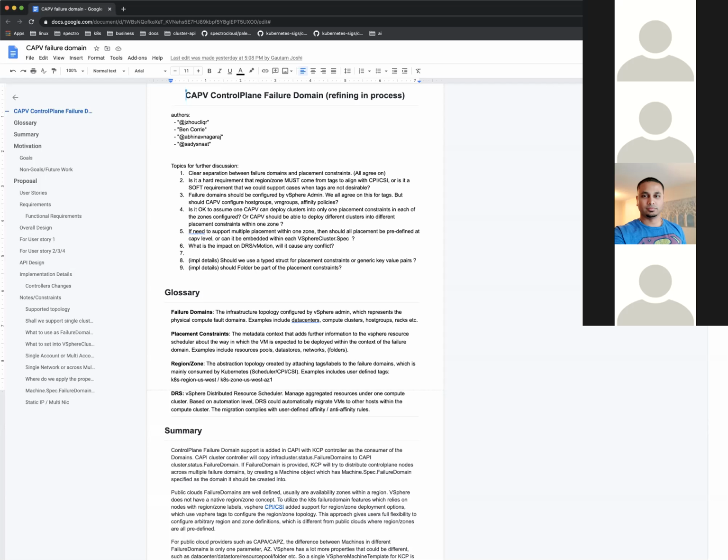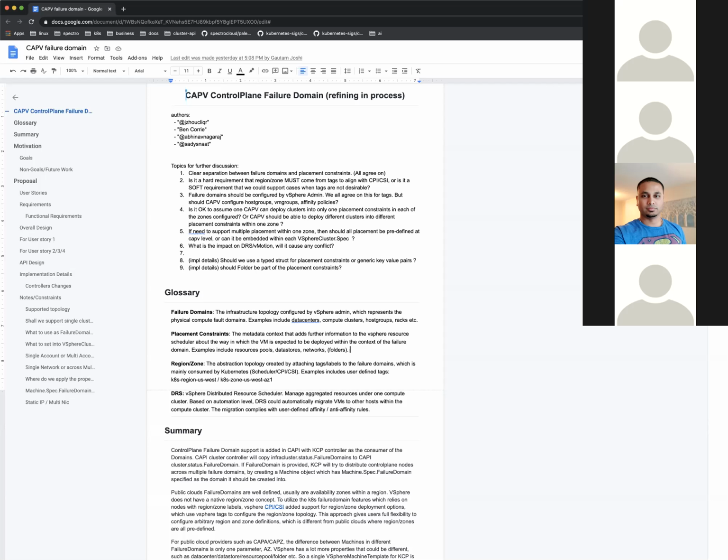So what we plan to do is have a VM group which is tied to a host group. That means all the VMs that you put into this group should be deployed into the hosts within this host group. And then when we launch the control plane node, we just need to separate our 3 control plane machines into 3 different VM groups, so that DRS can spread them out into different hosts.